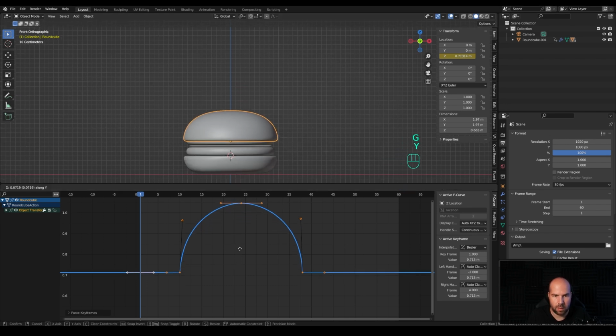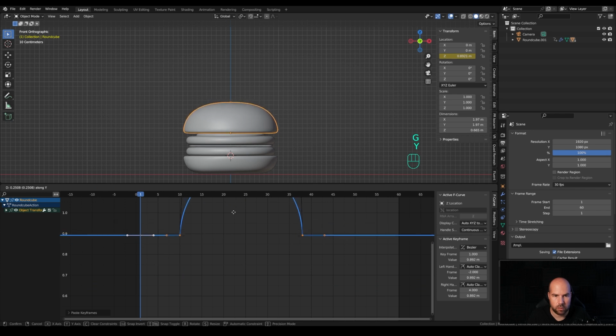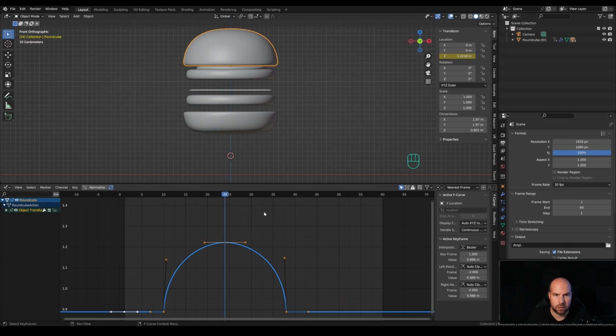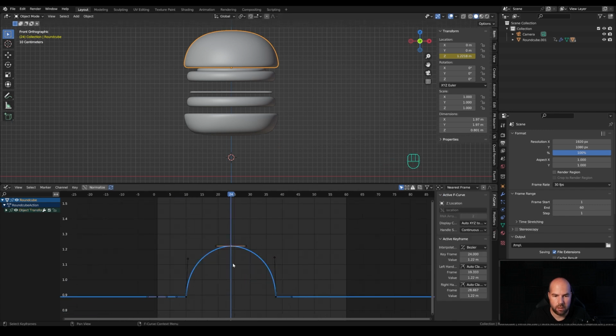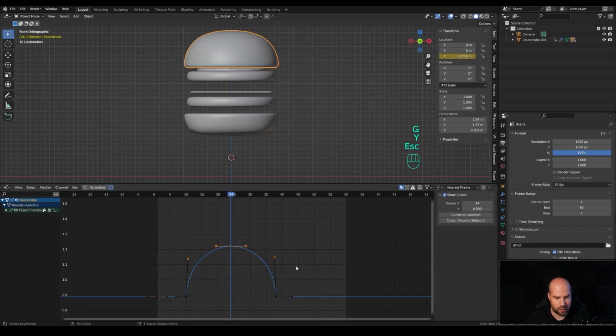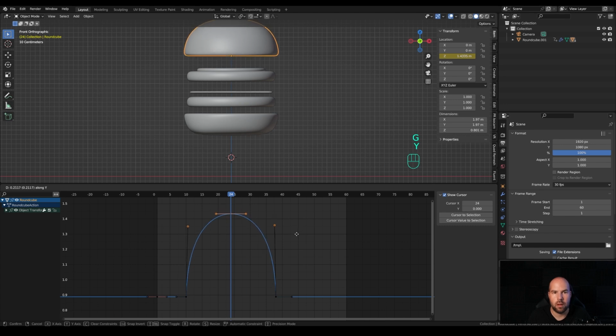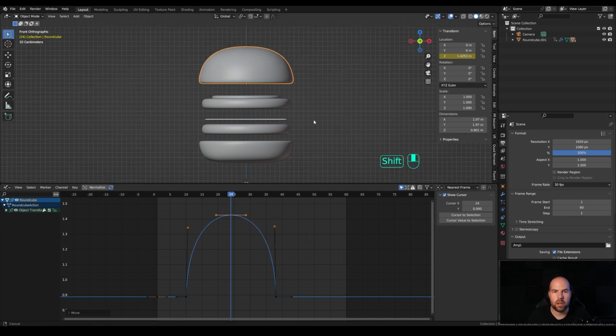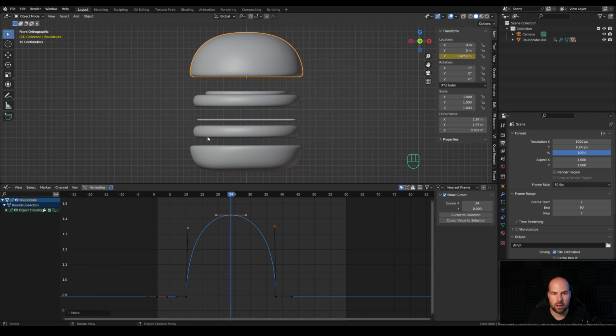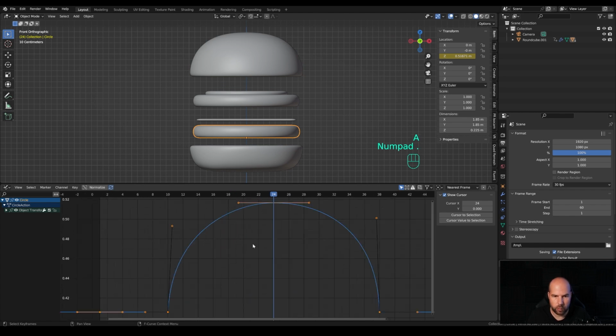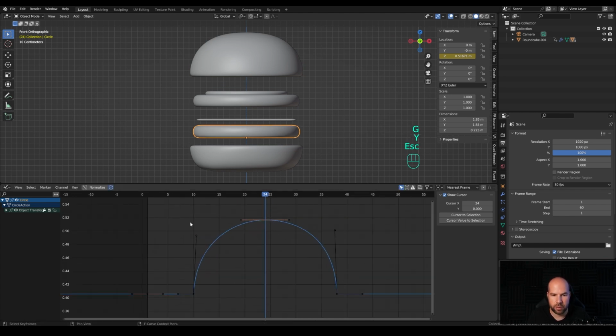So press G then Y and move the curves up here, and then in the middle of the jump we'll go higher up here, and we can select the handles too. Okay, something like this. And now we can kind of redistribute it. I want the distances to be shorter down here and larger at the top, so let's select this. We can focus on our animation and bring this lower